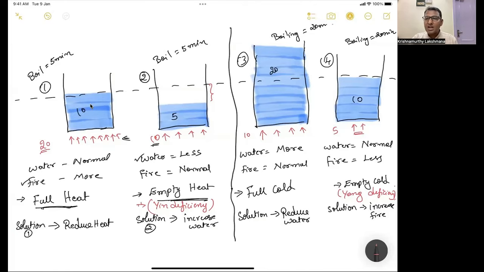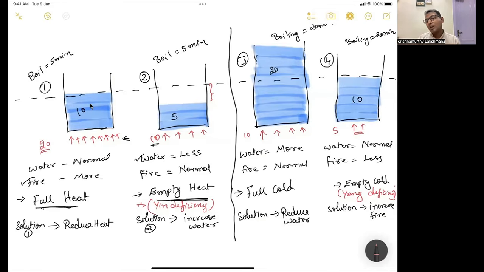Here somebody's water content, say in the kidney, is less. And now they are feeling that the whole body is kind of burning. Their feet are burning, no? They can't go out in the sun, no? Constantly they want to keep the fan on, or they want to sit next to the window. What is this situation out of the four situations? Yin deficiency. Again, empty heat. Everybody feels normal, but this person is feeling hot, because the water content in their body is